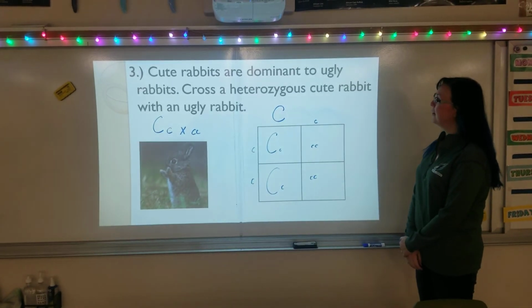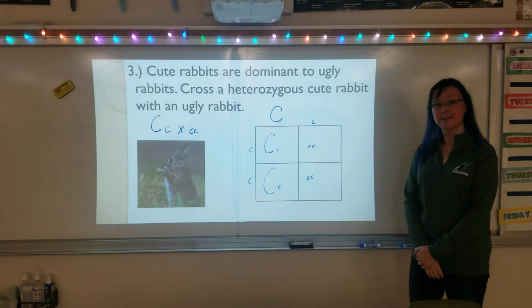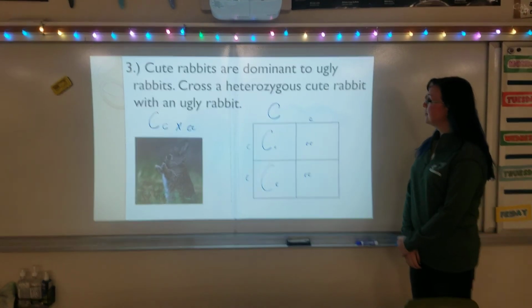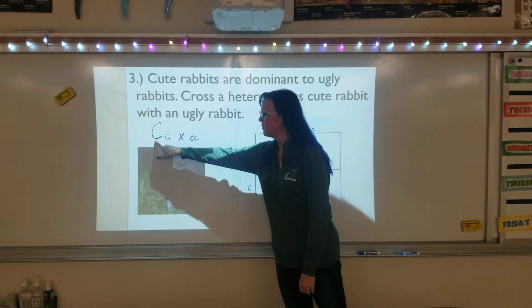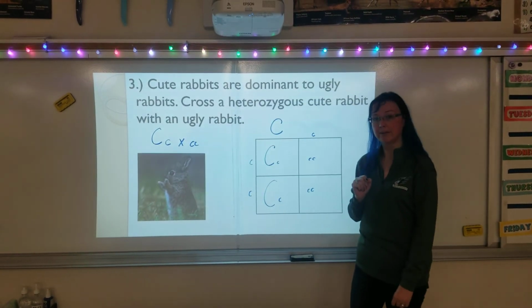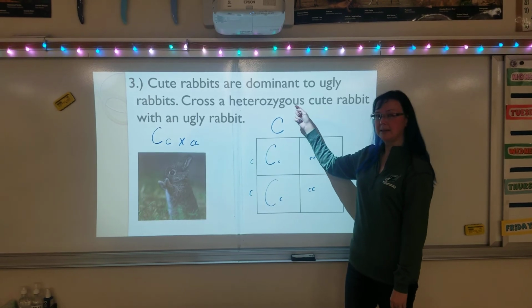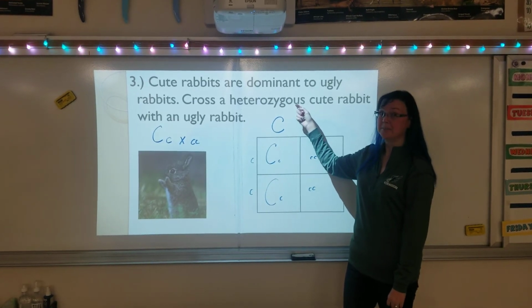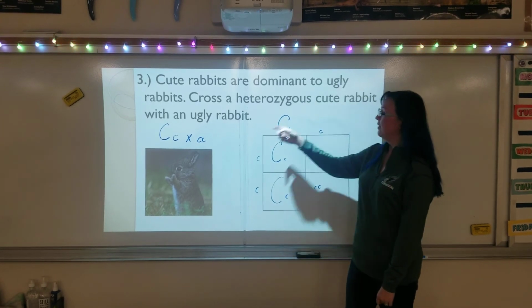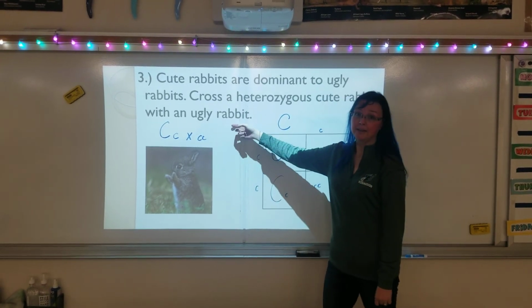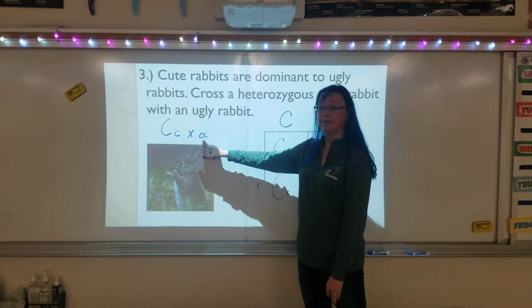So cute rabbits are dominant to ugly rabbits, so we're going to be using a C on this one. Cross a heterozygous cute rabbit with an ugly rabbit. So heterozygous, again, is going to be different. So we have our 1 capital and our 1 lowercase. Remember, you've probably picked up now that heterozygous is always going to be dominant. Heterozygous is always a carrier. And cute rabbits with an ugly rabbit. The only way that we can make an ugly rabbit is to make them recessive, so we have 2 lowercase